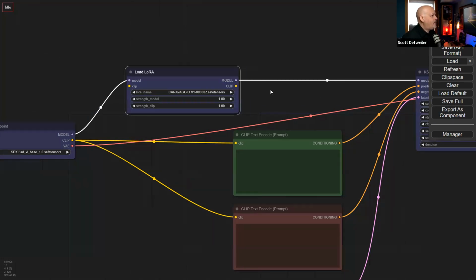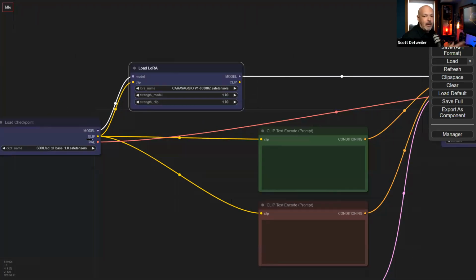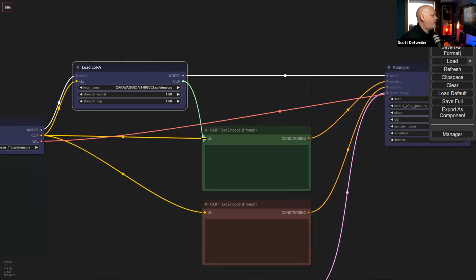which is pretty refreshing. So from here, we've just stuck the LoRa in the middle. We put in our clip. The clip is your language model, your contrastive language image preprocessor. It's the graph of terms versus the graph of the imagery. And from here, this is what will feed into our conditioning.